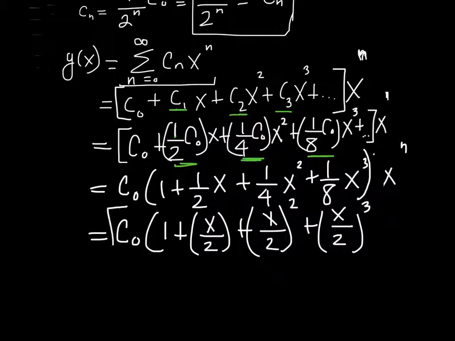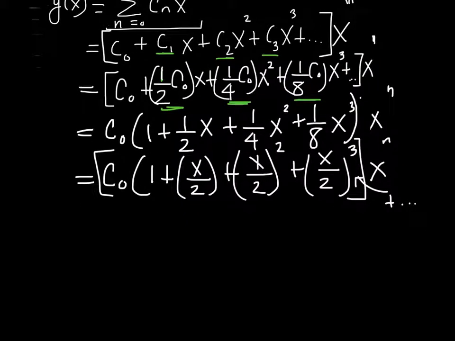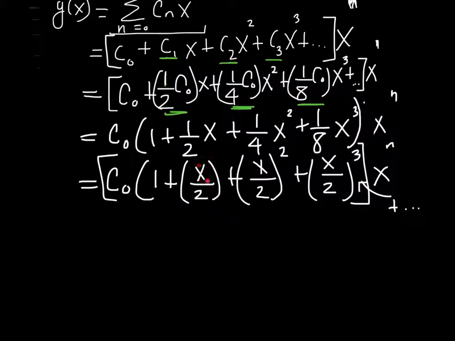And let's write, we still need our x to the n, and here I really should have plus dot dot dot because it's an infinite sum. So notice we wrote this power series in terms of what? In terms of this x over 2, x over 2, x over 2. And again, the problem says we want to rewrite this in terms of elementary functions, the functions that we're familiar with. So maybe recall, from page 195 I think, that 1 over 1 minus